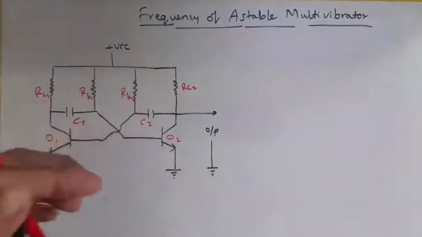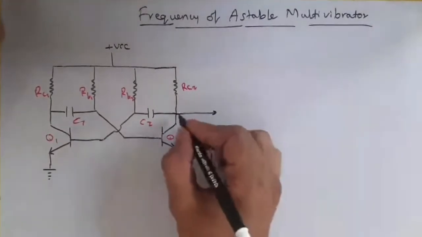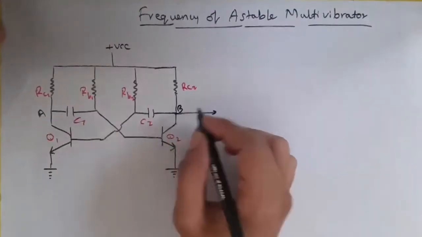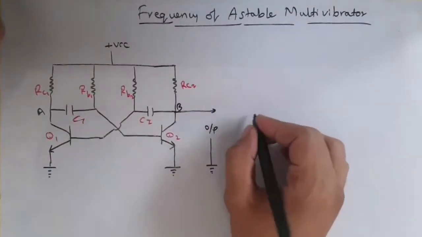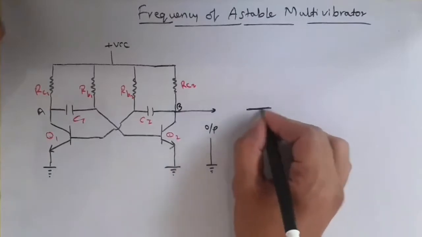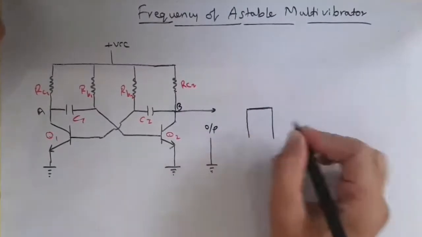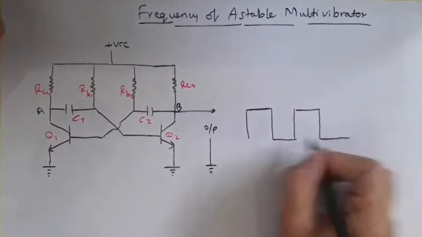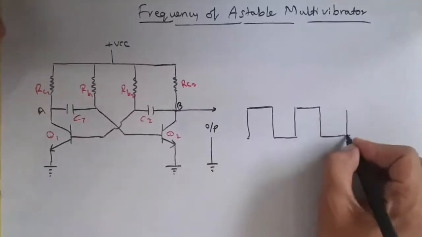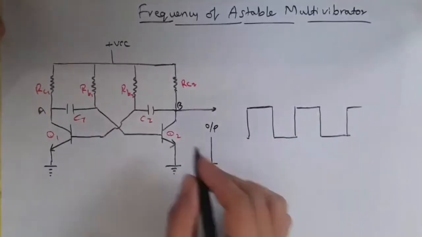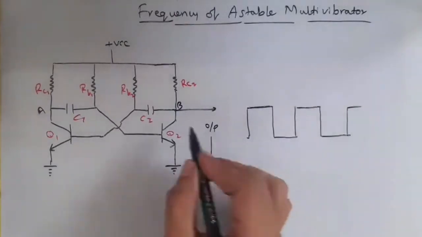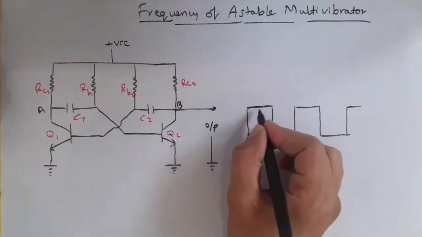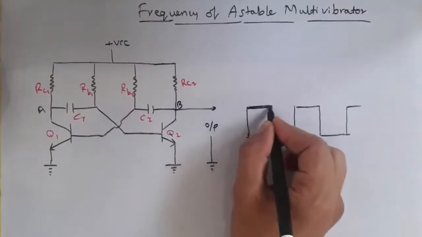So if you see the waveform at this point B, actually we are taking our output from this point B only. Okay, you got a wave like this, some square wave like this, isn't it? So this is a square wave you got from the point B, or the collector of the second transistor. Okay, so the circuit is remaining high here for a certain amount of time.